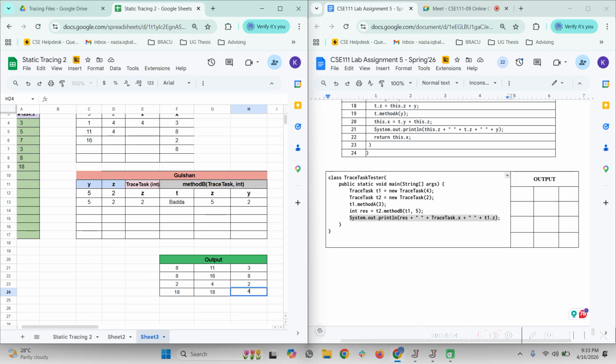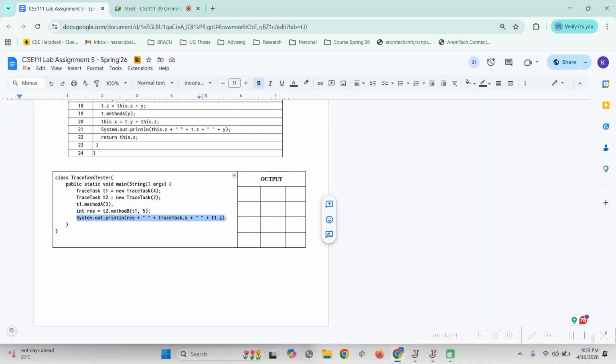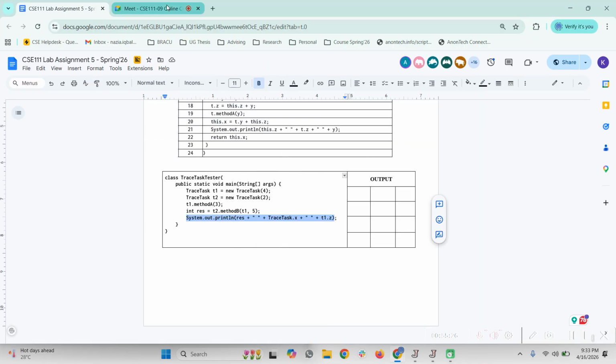So these are the overall outputs of this tracing. From this tracing we saw that we can access the static variable. Sometimes we access the static variable just by using x, or sometimes with respect to this, and we have also accessed the static variable with the reference of t. So it is not mandatory to mention the static variable with respect to the name of the class, but we can access the static variable with respect to that object or with